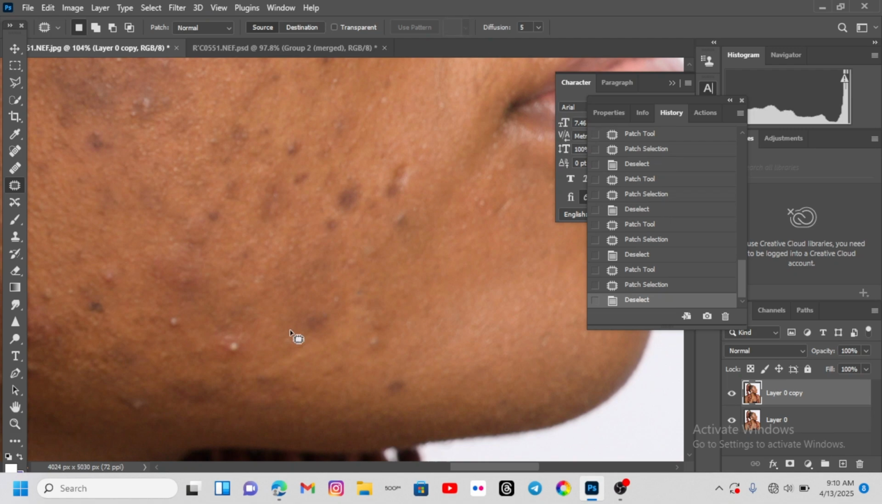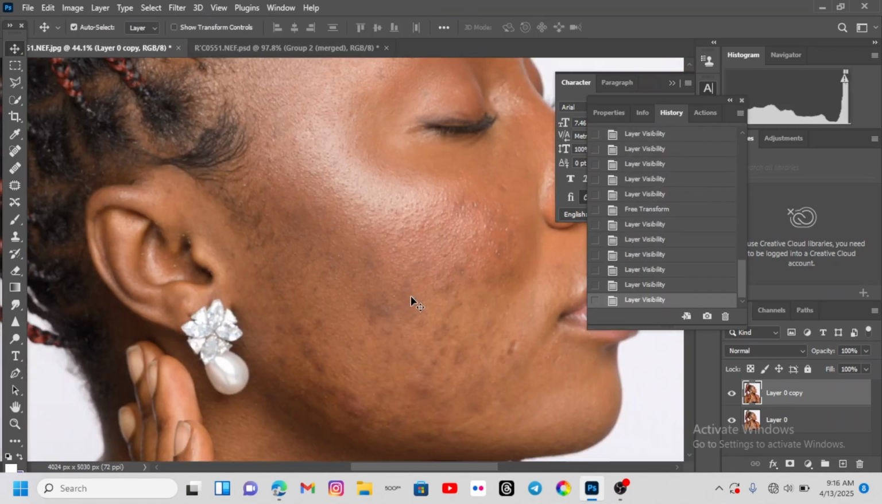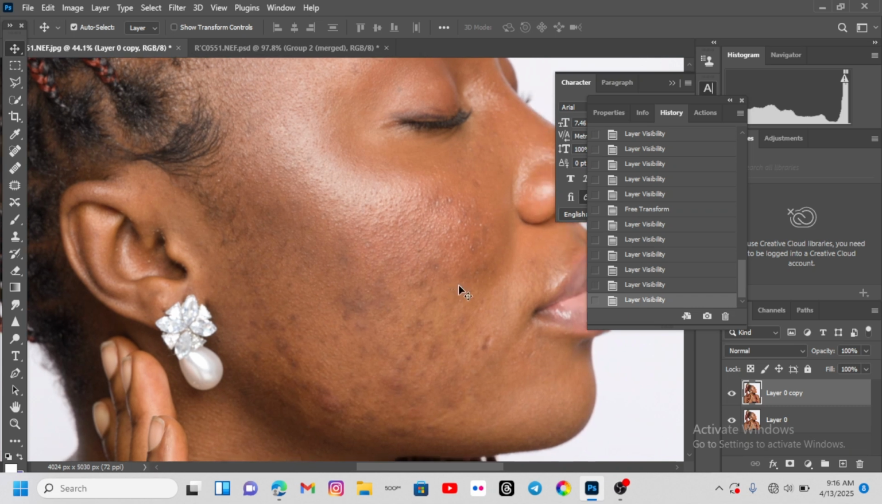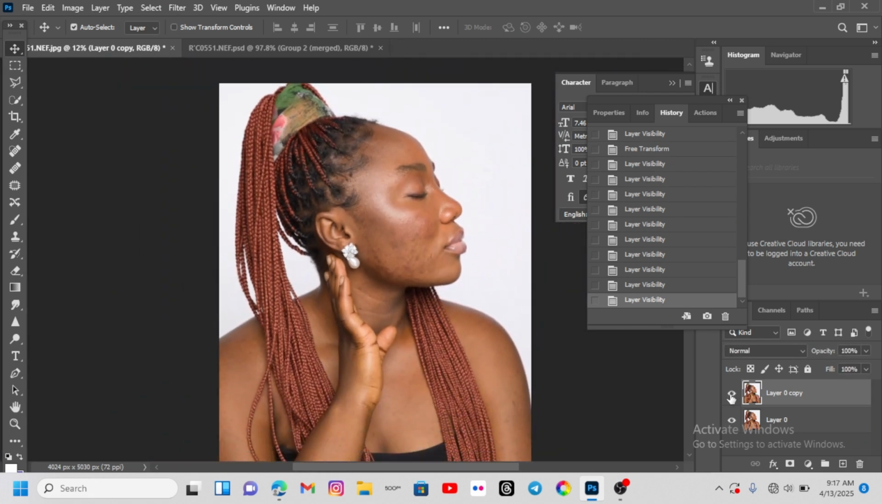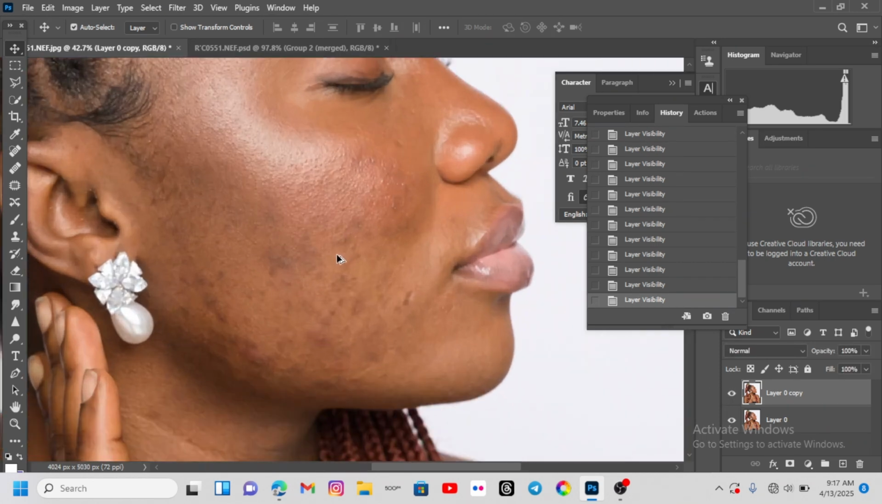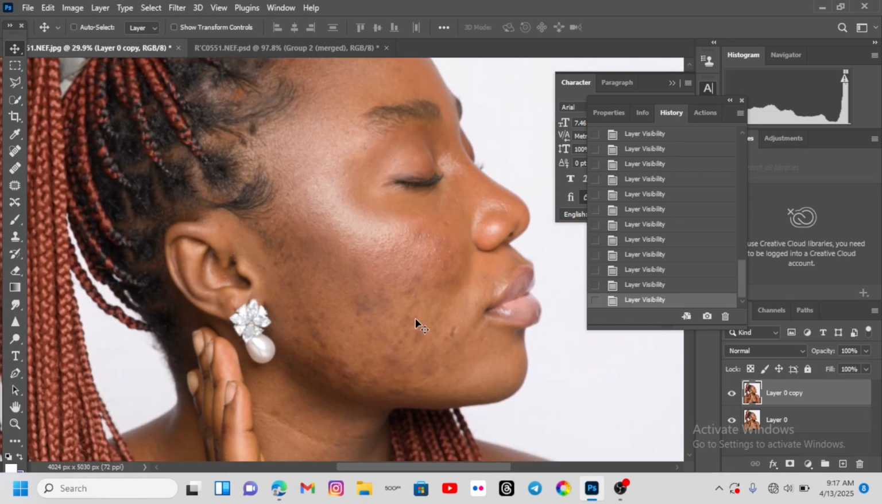Guys, we are done removing the blemishes. You can see before, after, before, after. So after removing the blemishes, you can now double click your layer twice,